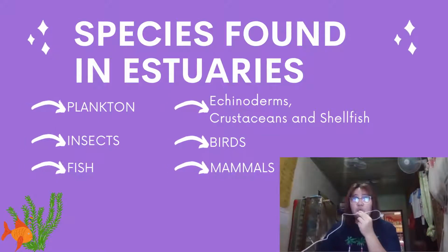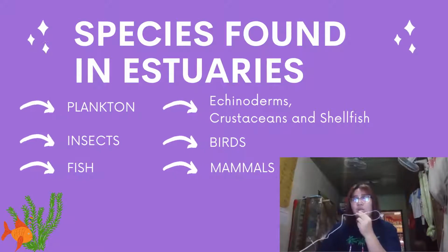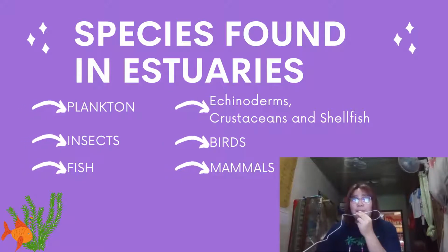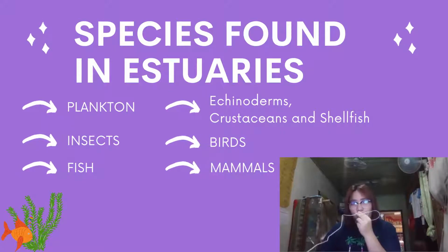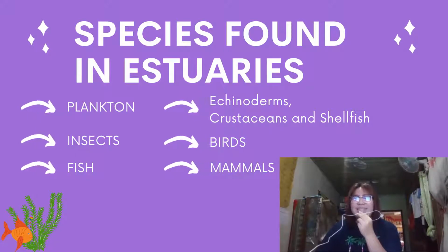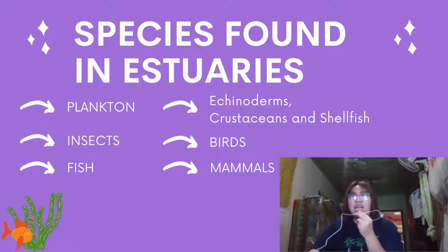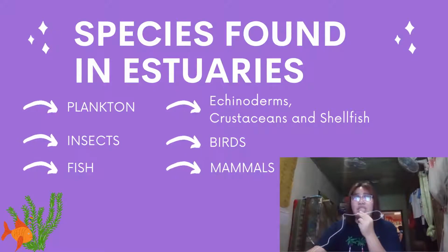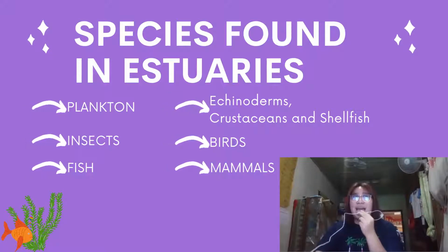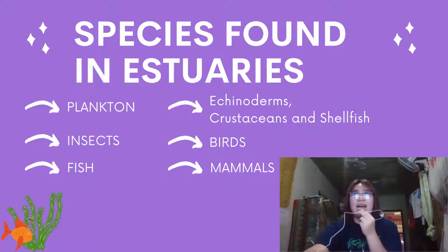Plankton is classified into two parts, which are the zooplankton and the phytoplankton. The zooplankton is an animal, while the phytoplankton is an algae, a plant-like protist. Plankton is a food source for many estuarine and ocean species, and it is at the bottom of the food chain in the estuary. Next is the insect. Insects are tiny creatures that live in estuaries and provide food for a variety of animals. One of the most well-known estuary insects is the dragonfly.